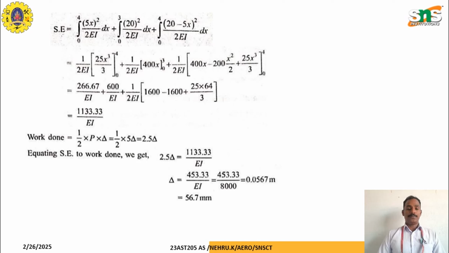We get 2.5 deflection. Finally, we obtain from the work done that delta equals 453.33 by EI. By substituting EI equal to 8,000, we finally get